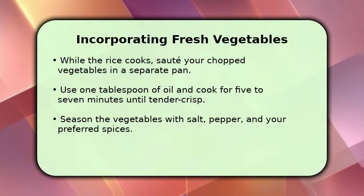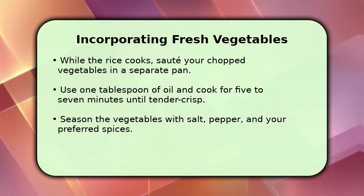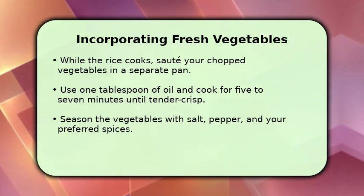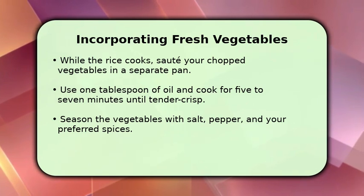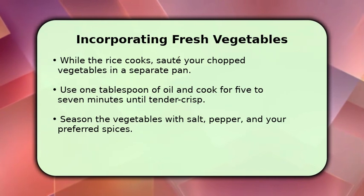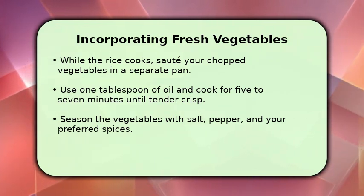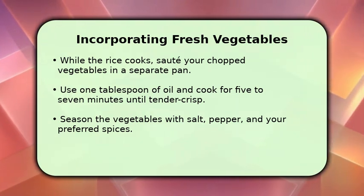While your rice is simmering, it's time to prepare the vegetables. In a separate pan, heat 1 tablespoon of oil over medium heat. Add your chopped vegetables and sauté them for about 5 to 7 minutes. You want them to be tender crisp, not mushy. Season them generously with salt, black pepper, and any other spices you love, like a pinch of turmeric or cumin